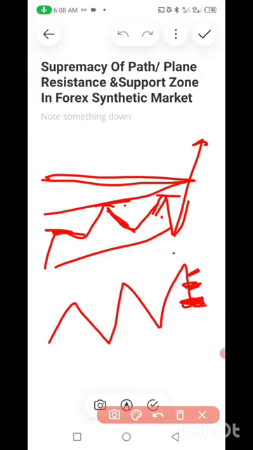So you sell. Maybe you miss this resistance, then you catch this one, you sell. So long as you believe it's going to move. Don't be surprised that when the market reaches here, you will think it will reverse, but it will not reverse, it will continue going down. The reason is because the current path controls the market. I'm going to show you. So let's go to the chart and see this for you.